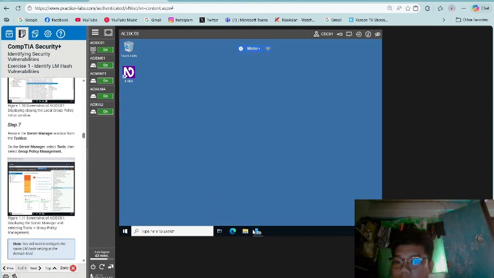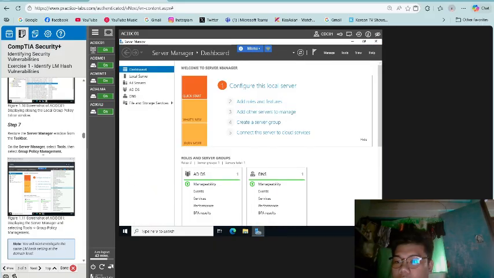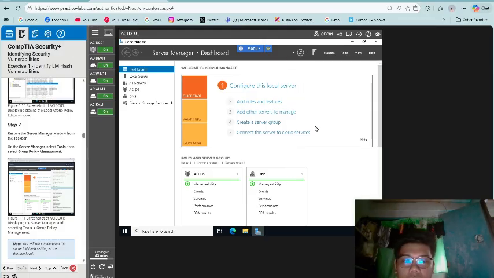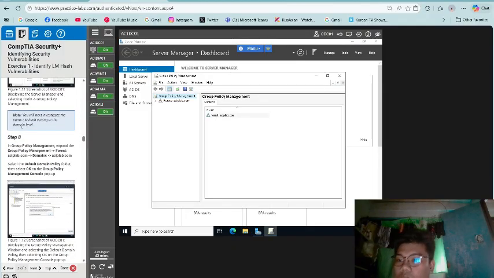So restore the server manager window from the taskbar. On the server manager, select tools and select group policy management. Note, you will next investigate the same LM hash setting at the domain level. Step 8.